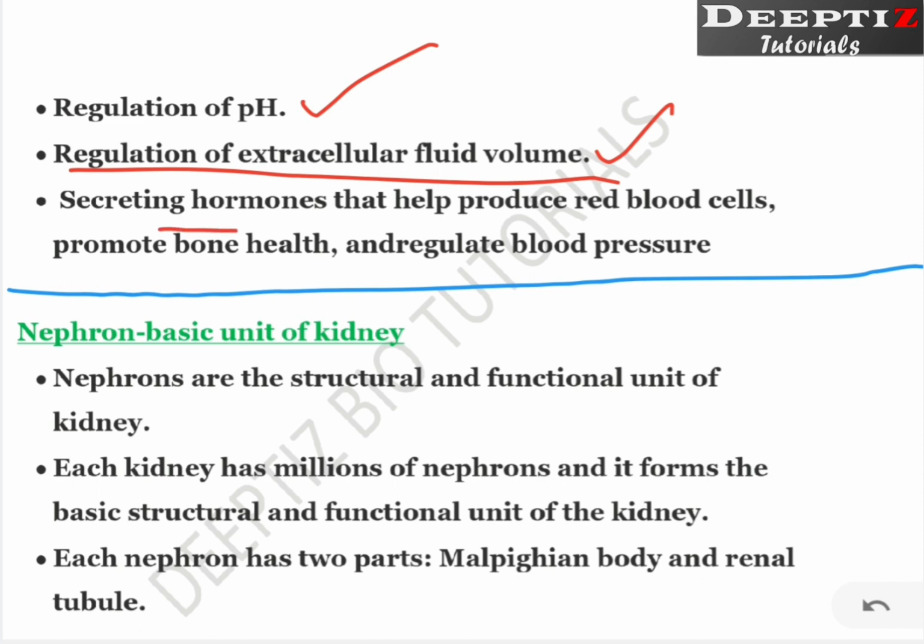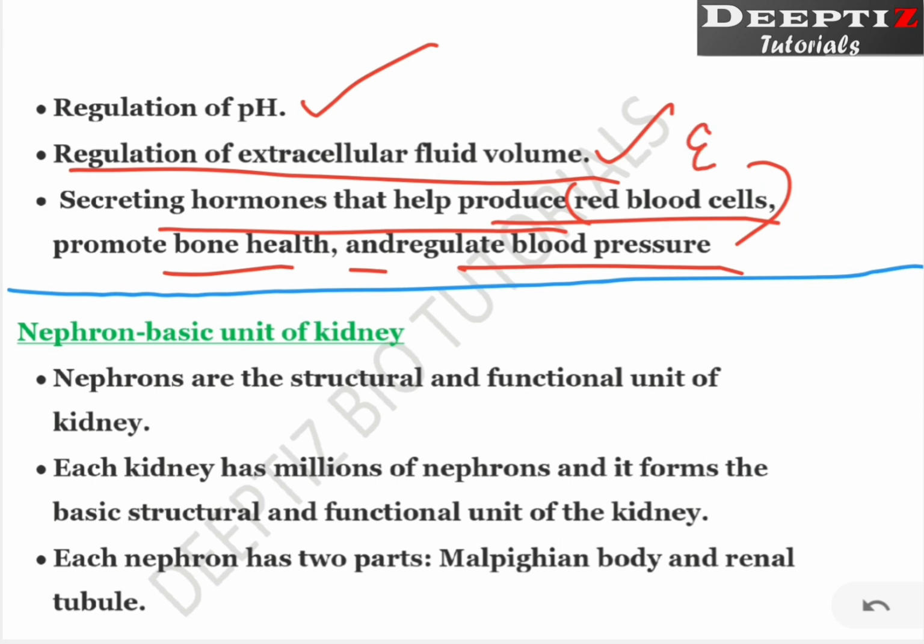Now it helps in secreting hormones. That also helps in the production of red blood cells, promotes bone health, and regulates blood pressure. What are the other functions of the kidney? Now there are some hormones which help in the production of RBC or red blood cells. So you have to remember one more thing. Not only that, the kidney produces a hormone termed as